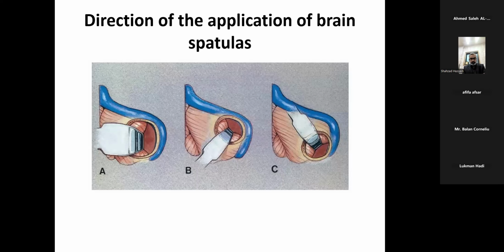Now, this was a brief review. I know CP angle is a very extensive topic, but I tried to make it understandable by just breaking it down into 3 nerve complexes and neurovascular complexes. So that was a brief about the anatomy.